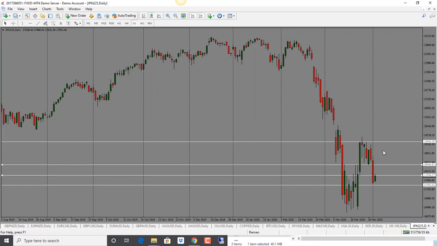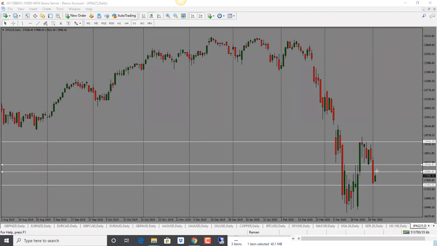And last but not least, we have Nikkei. Nikkei dropped quite a bit, actually, right into our second support here. And it's pulling back into this 17,920. It could go a little higher into 18,080 level here before it drops. So do watch out for that. But basically, I am looking for a further drop here.